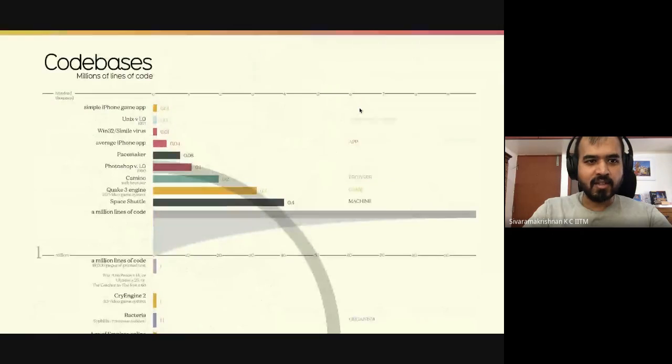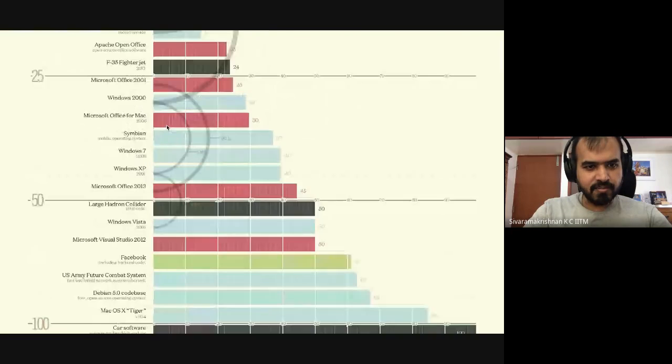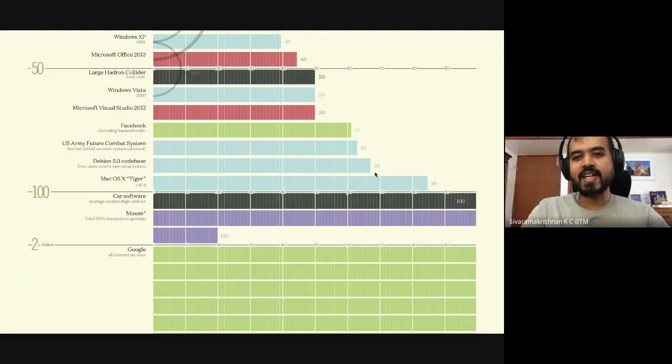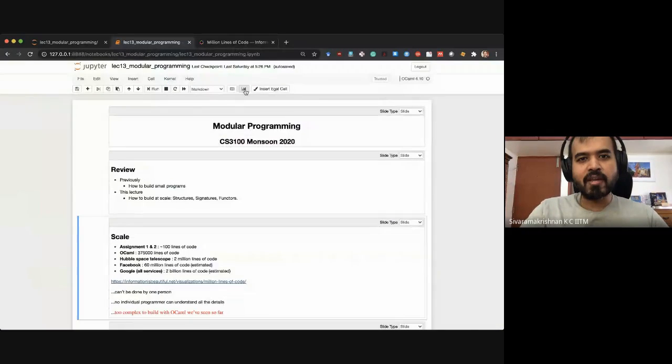The original version of Unix was 0.01 million lines of code. But if you look at, let's say, Windows XP, that's 40 million lines of code. And Debian, something that came in the same tradition as Unix, is now 68 million lines of code. So we can believe that the number of lines of code is only going to keep increasing, and it's going to grow exponentially. So the point I'm trying to make is